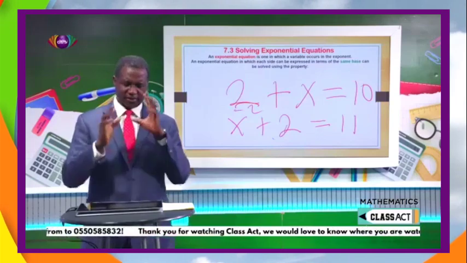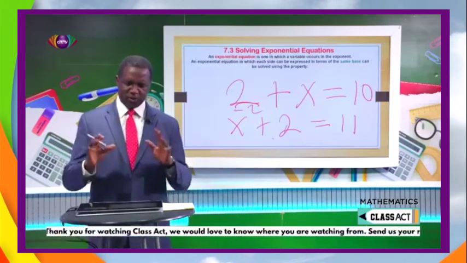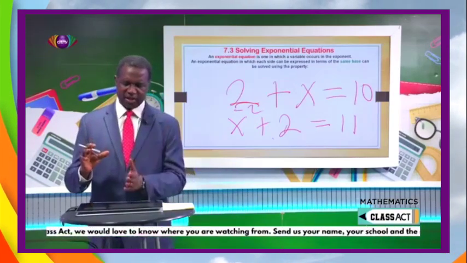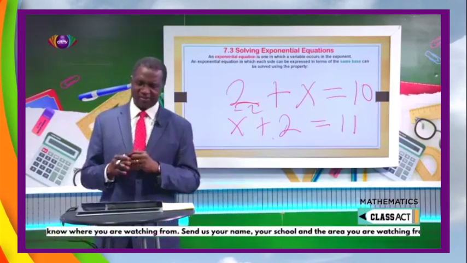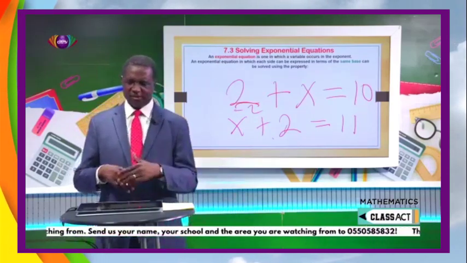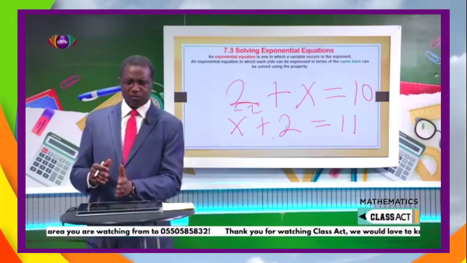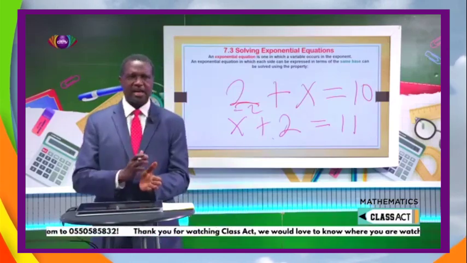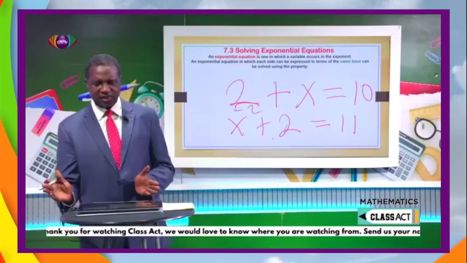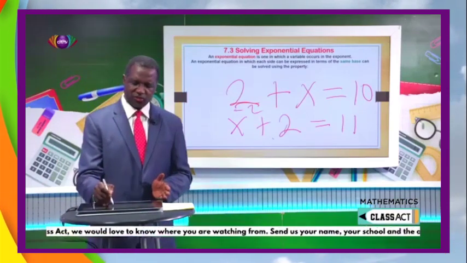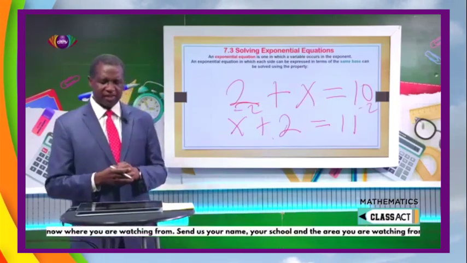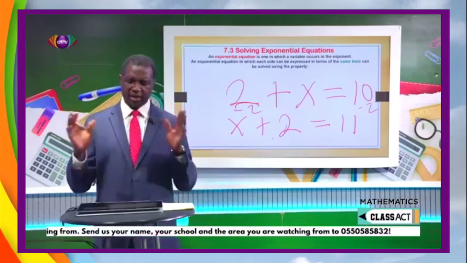Can somebody just say it? Even though I won't hear you, say it. I'm going to get x to stand by itself. The plus sign simply disappears because plus x is the same thing as x. But if I take 2 away from the left-hand side of the equation, I have to take 2 away from the right-hand side of the equation, and therefore I take 2 away from 10, and x therefore equals 8.